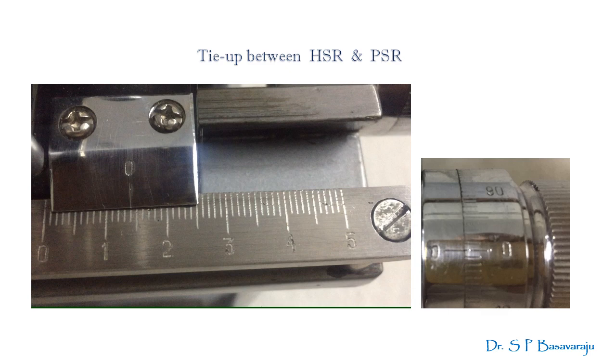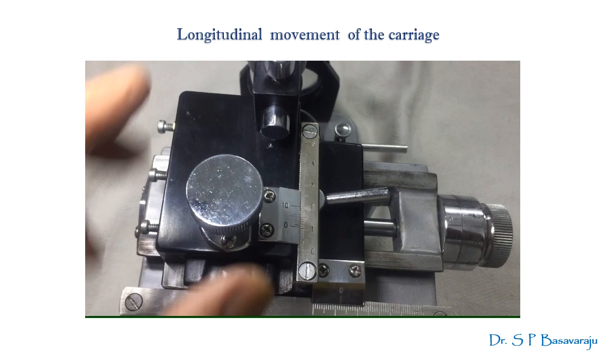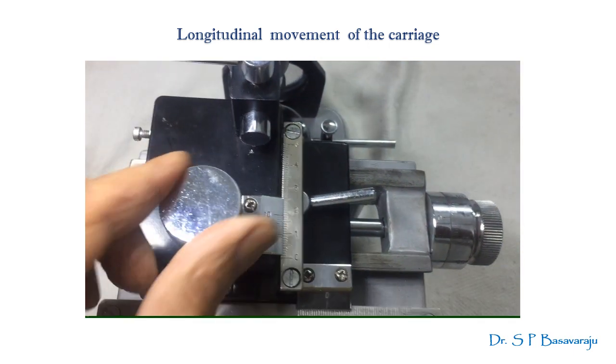But we need to move it longitudinally also, not for taking any measurements, but to bring the intersection point of cross wires to the center of the ring system. How do we get its longitudinal movement? Using this knob which is on the carriage. If you turn this knob, you see the microscope moves longitudinally. Usually when you get the rings under focus, you will not be having the intersection of the cross lines ready at the center of the ring system.